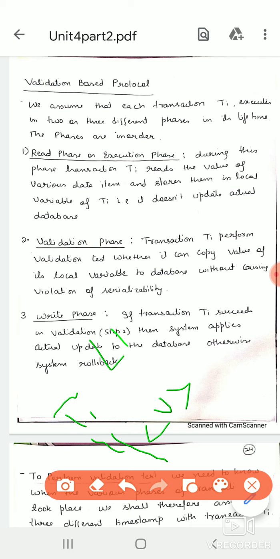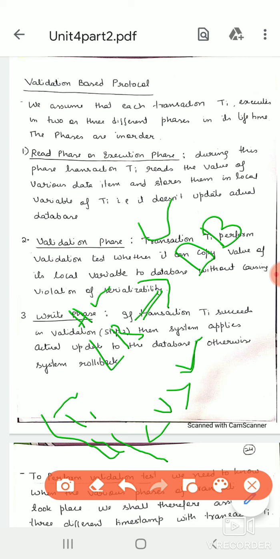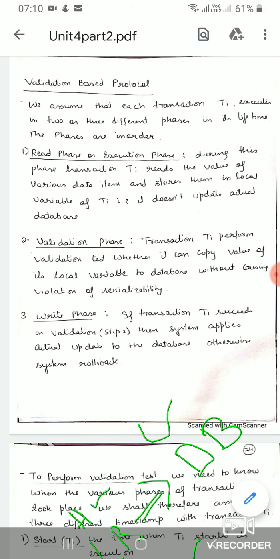Whatever you have updated in the local buffer will go and update in the database. If all the transactions have run to completion and validation is okay, then the values in the local buffer will be updated on our database. That is the write phase.